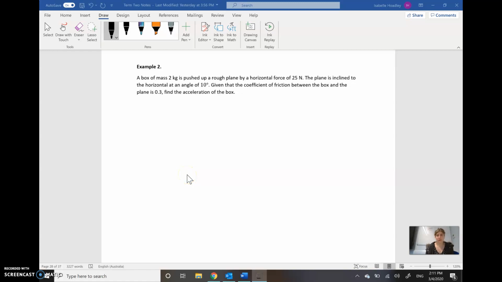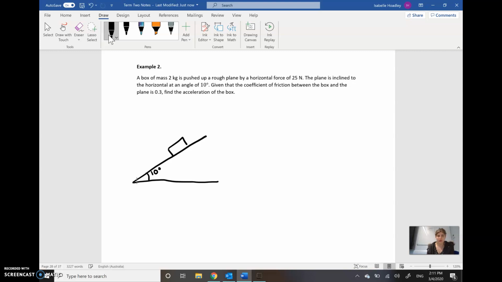Okay, so with example 2 for 7.5, we have a box of mass 2 kilograms, which is being pushed up a rough plane by a horizontal force of 25 newtons. Here's our horizontal, here's our slope. The plane is inclined to the horizontal at an angle of 10 degrees,